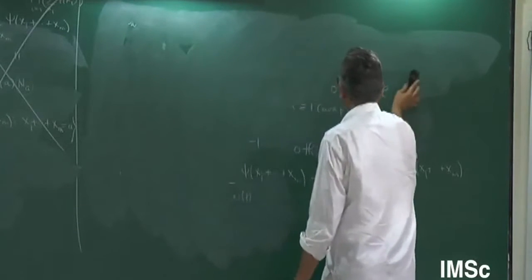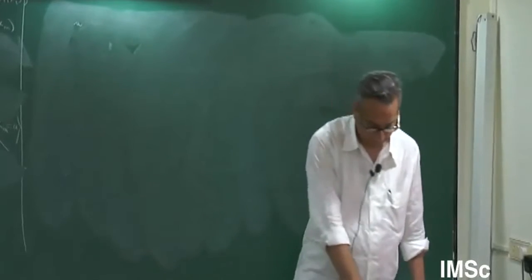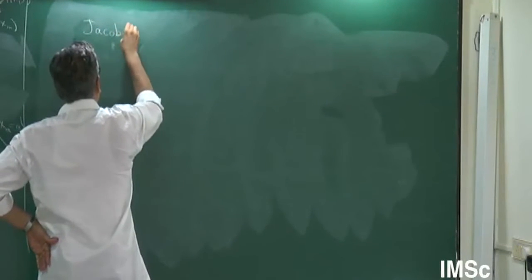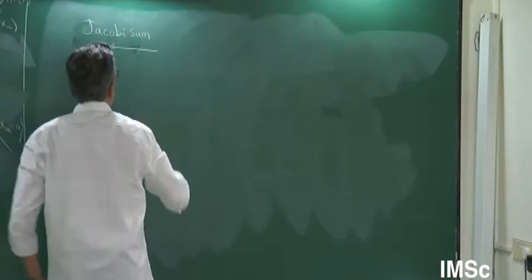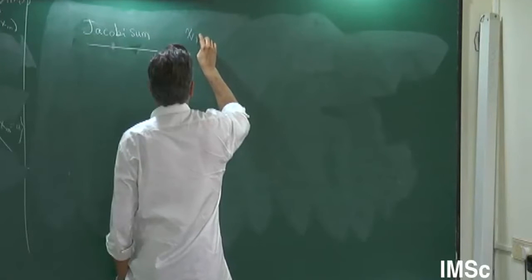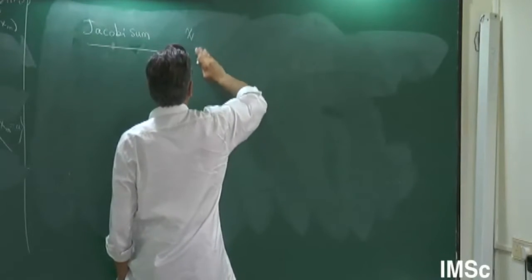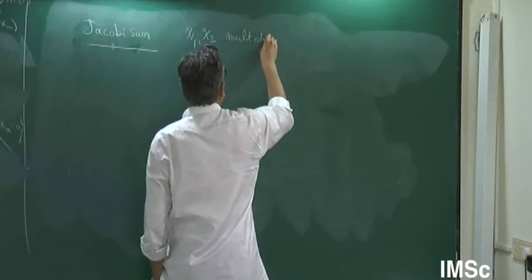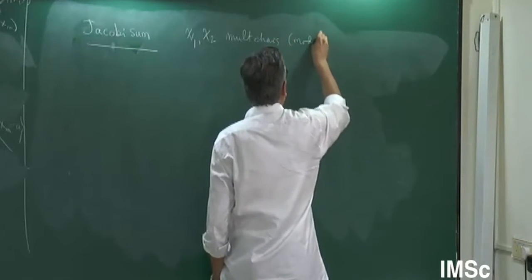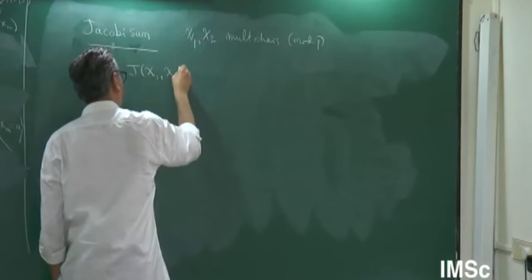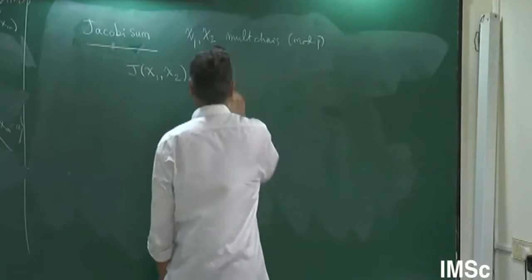On the topic of Gauss sums, let me introduce another function called the Jacobi sum. If I take chi 1 and chi 2, multiplicative characters mod p, then the Jacobi sum is equal to